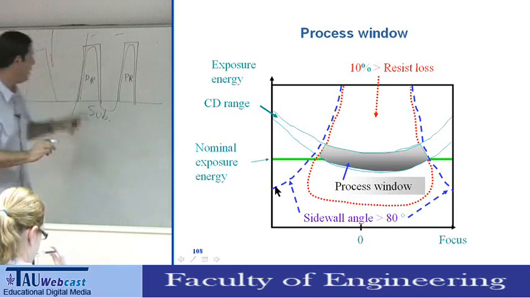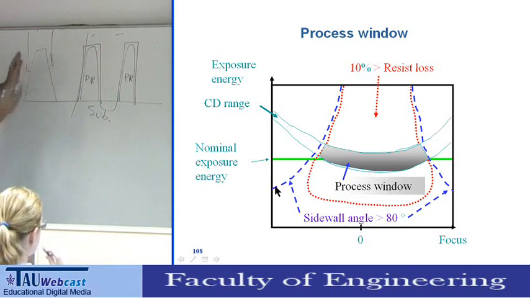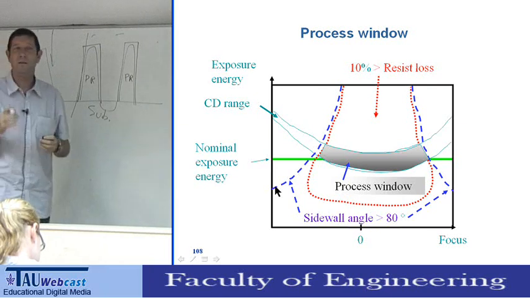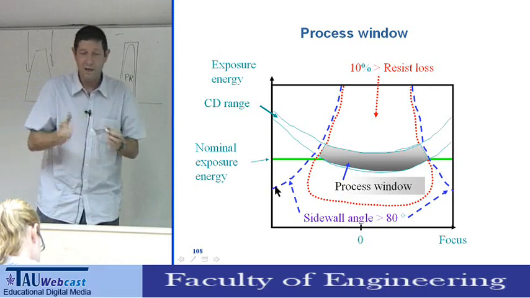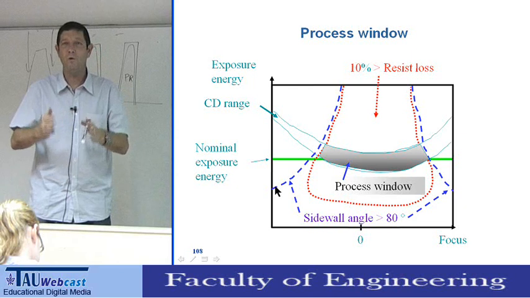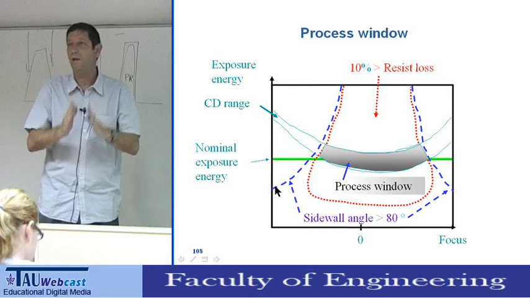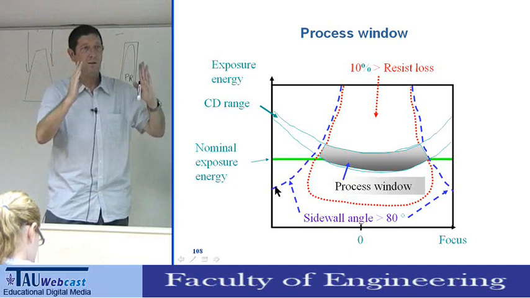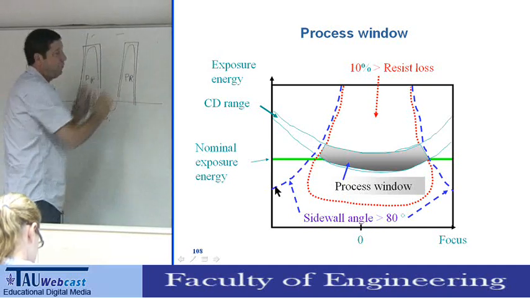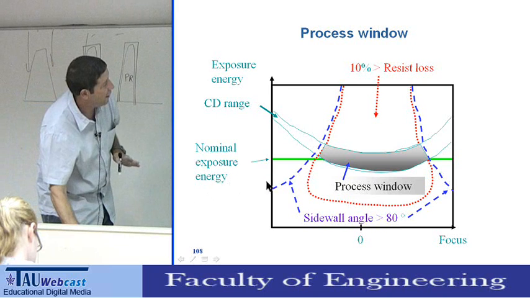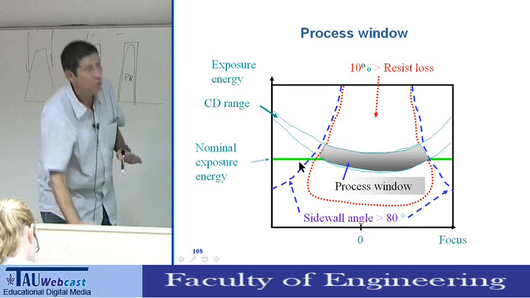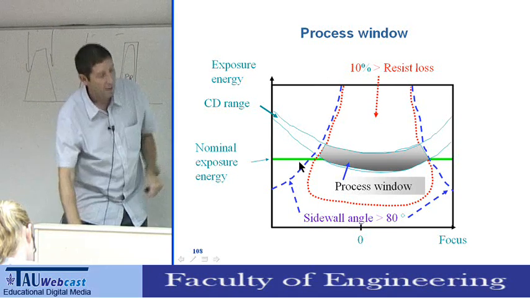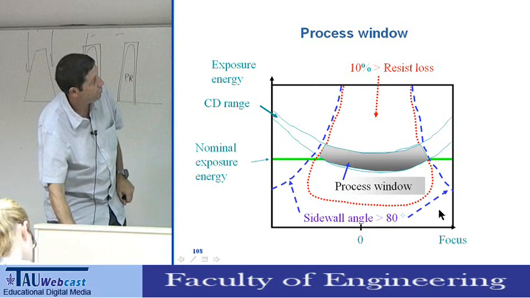If I get ideal results and I change the focus, I change the slopes. In many cases, you design the process and allow yourself the slope to be between 90 to 85 or 80 to 90 degrees. So if you limit the slopes of the photoresist, you define these blue lines. So you can define on this energy versus focus